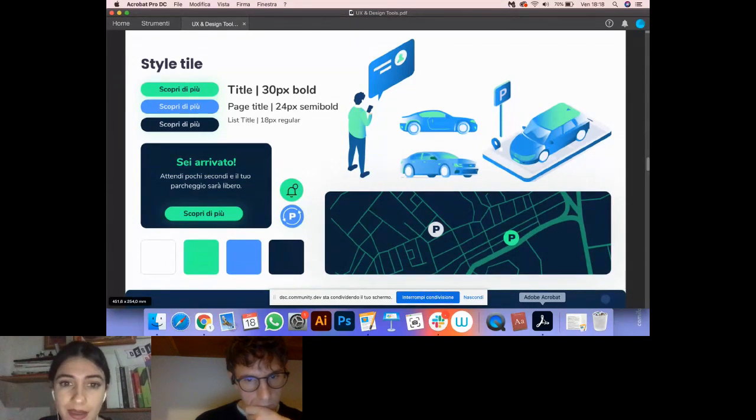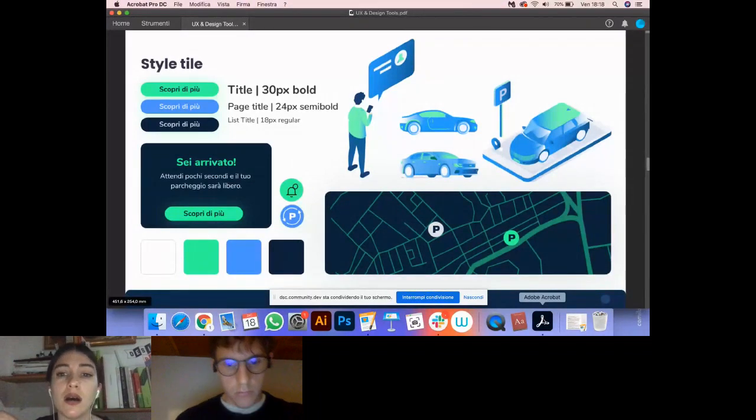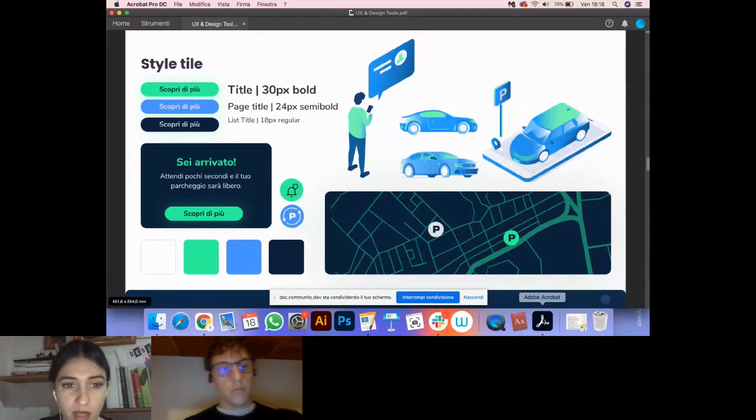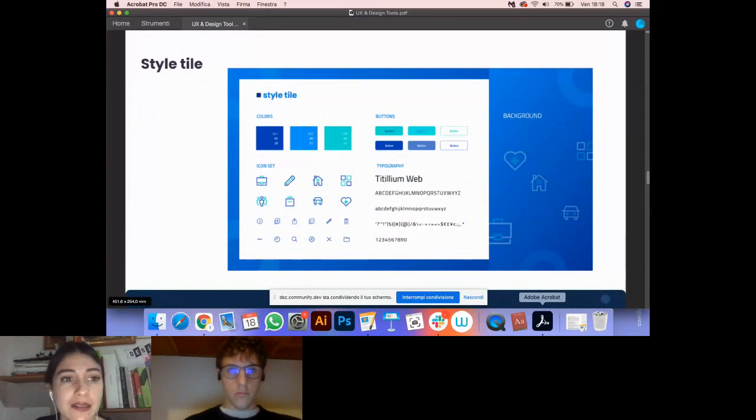Some illustrations that represent the look and feel of our future product. Here we have another example of a style tile with typography, buttons, colors, and the icon set. It's very important in this phase of the project to define all these elements.